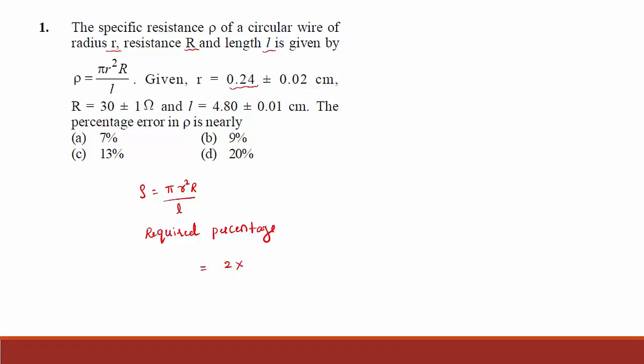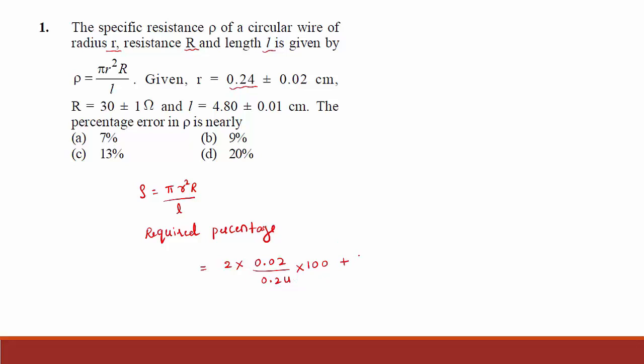That means it is not an accurate 0.24 centimeter. That may be plus or minus; it may be 0.26 or it may be 0.22. So there is some error here, so they gave plus or minus 0.02 centimeter. So I can write the error 0.02 centimeter divided by the radius, 0.24, and in terms of percentage, multiplied by 100. This is r square, so 2 times r. So the percentage error is 2 into 0.02 divided by 0.24 into 100.